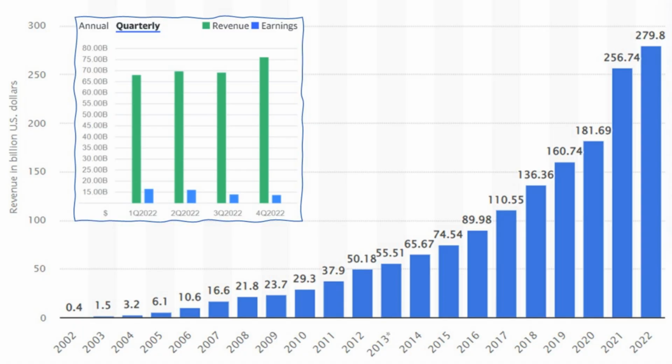Now, when you look at revenues, Alphabet is doing quite well. So you can see here the revenue growth over the past 20 years or so. Several decades of solid growth like that is certainly impressive. Notice the jump there in 2021. That's something that we're going to talk about today. And then we've put here this insert just shows the last 4 quarters, and their earnings are on a slight decline there, but certainly they're generating a lot of cash.